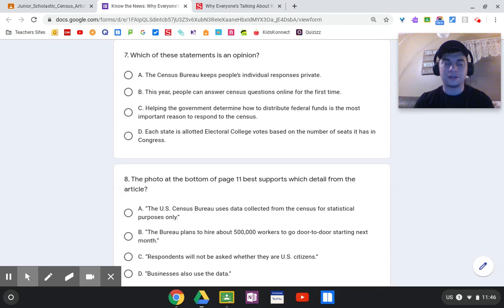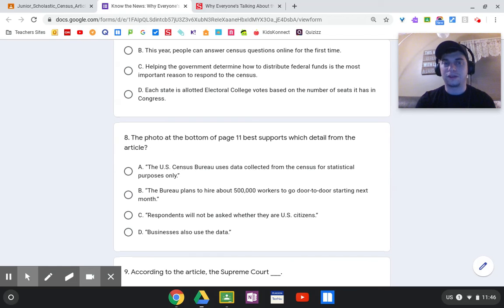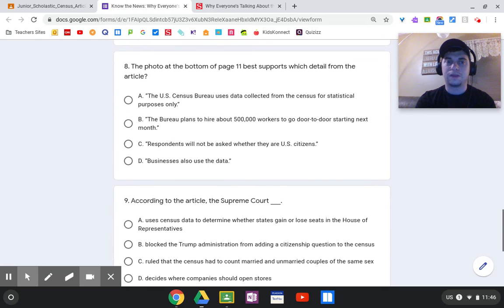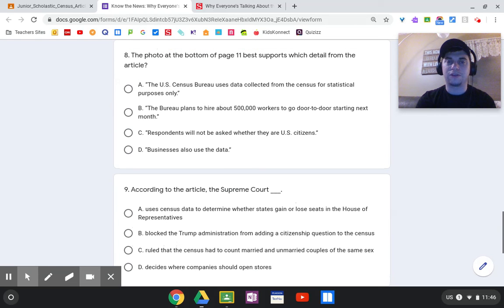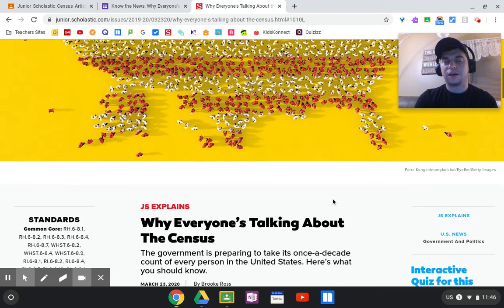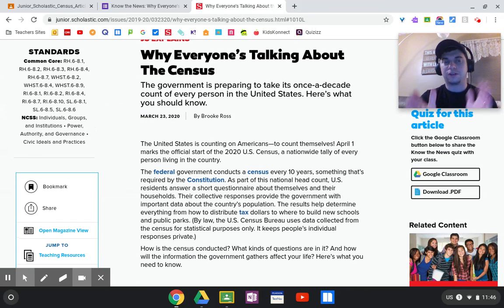You're not trying to get through it quickly, and you just go back to the text to double check, see what makes sense and see what matches up. Number 8, the photo at the bottom of page 11 best supports which detail from the article. Okay. And this one might be a little bit tricky, just because, again, if you're looking at it like this